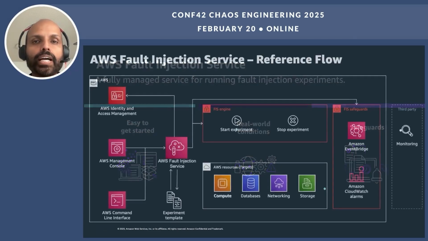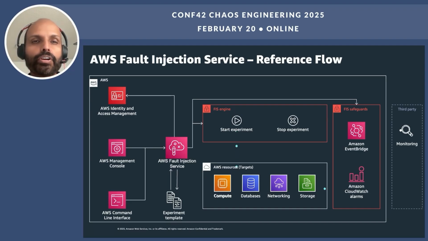Now let's look at a reference flow for the service. At a very high level, we start with an experiment template that packages the different fault actions, the targets that will be affected by those actions, and the safeguards that you want to enforce while running the experiment.